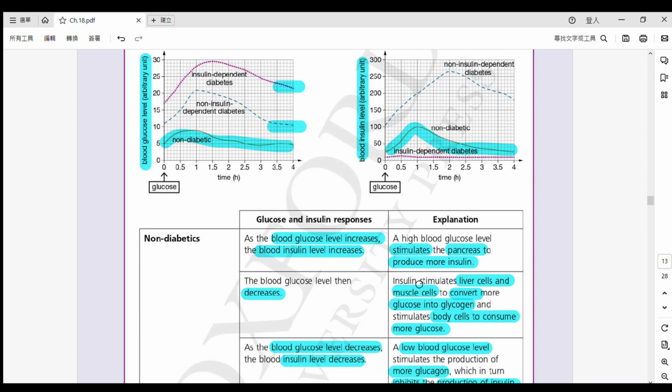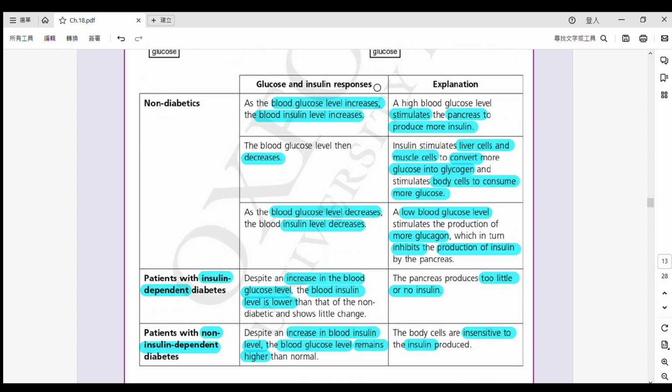Alright, so let's look at these following descriptions. This one is actually like a summary，好似一個總結咁樣啫。So first one, normal people, non-diabetics。咁你見到啦，blood glucose level increase，所以啦，therefore insulin level also increase。原因 reason very easy 啦，就因為 high blood glucose level 就會 stimulate your pancreas 去 release more insulin 啦。然之後咯，after that it will decrease。Reason 因為 the effect of insulin。First one 佢會 stimulate liver cell, muscle cell convert 呢啲嘅 excess。OK, put down the word excess here。excess 嘅 glucose 啦 into glycogen。